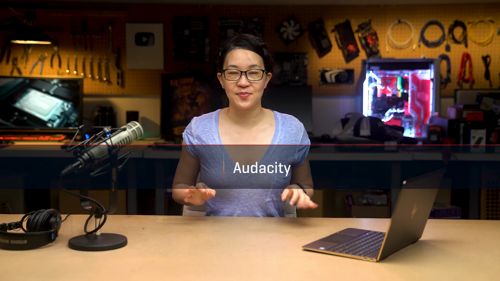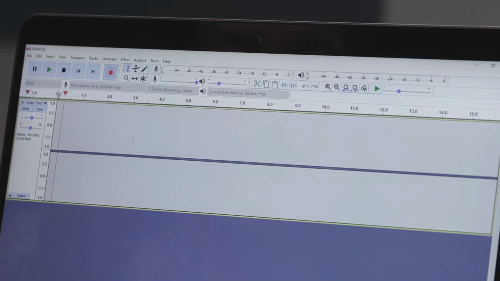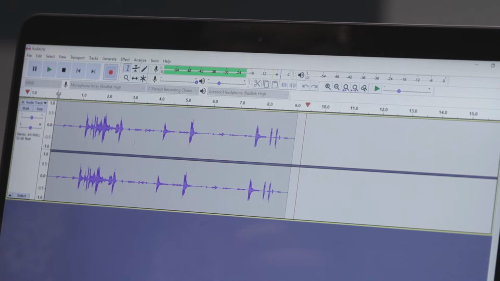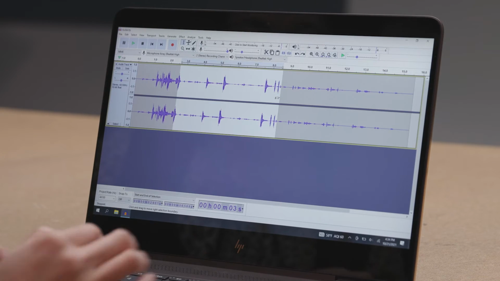Alright, Audacity. This well-known free audio recording program may not look like much, but that doesn't matter because its feature set is what makes it so popular. Most everything you need in Audacity is right at your fingertips in the main window. To record, simply hit the red Record button. Nearby are the controls for stopping and pausing recordings, changing what microphone you're using as an input device, and switching the output device for listening to playback. Basic editing tools are available here on this screen too.